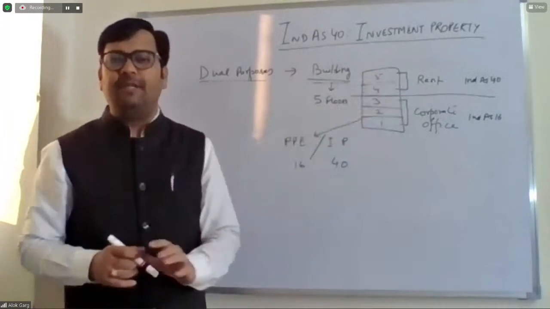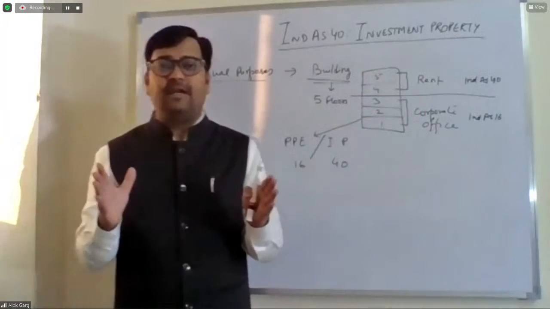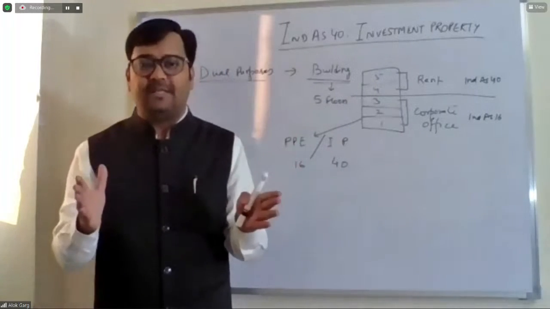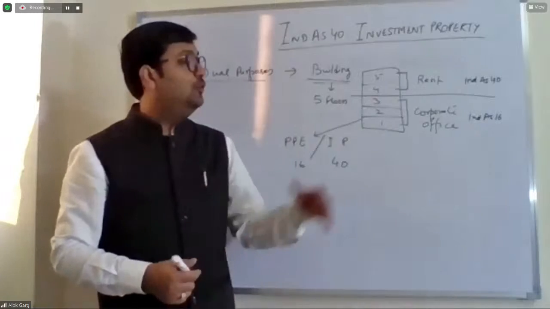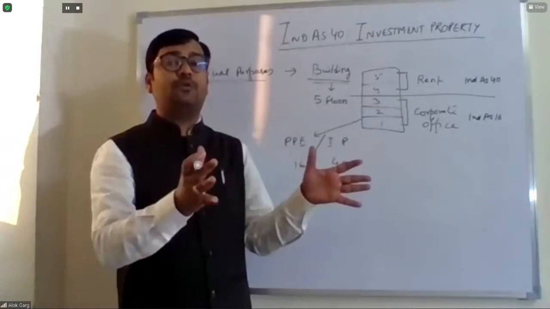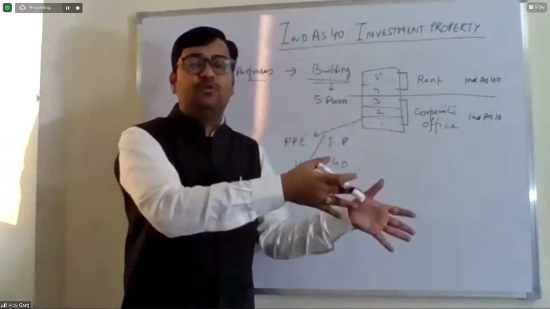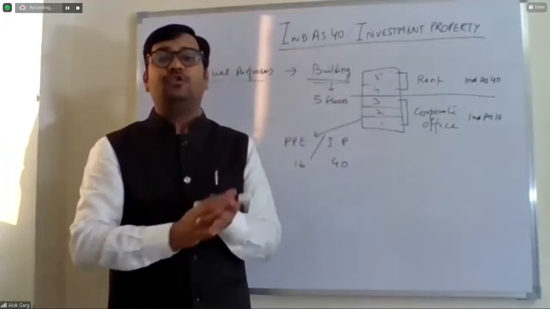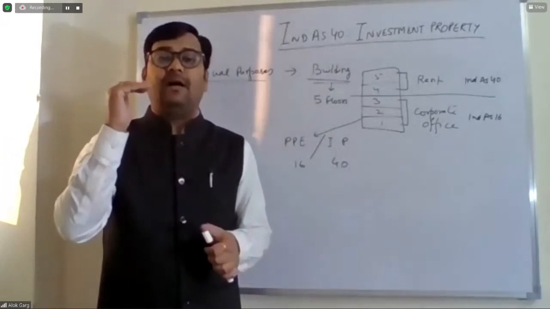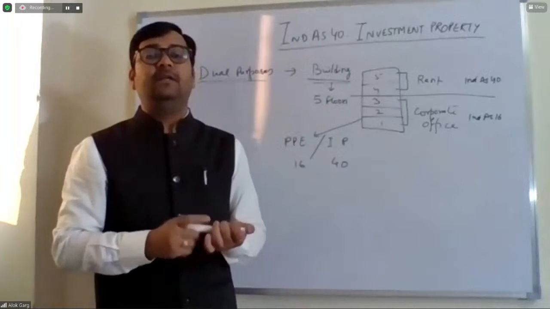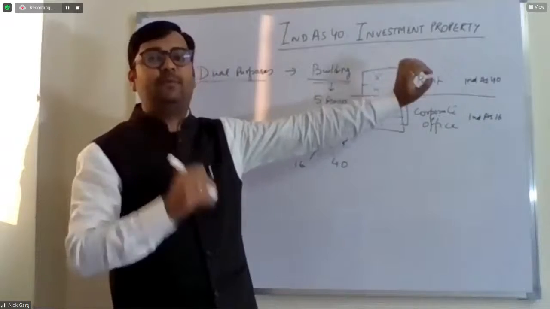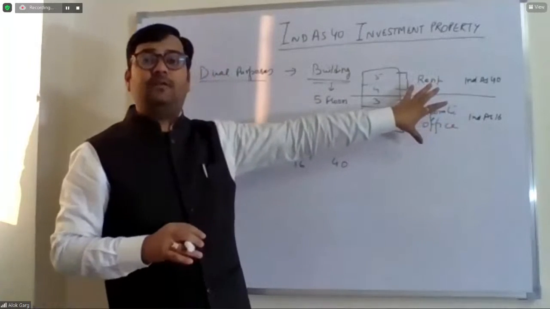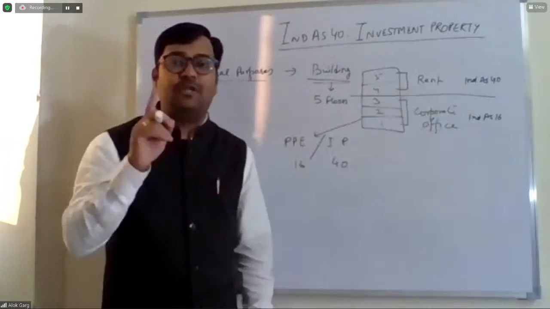Okay. What does it mean? First of all, you need to understand, if the company is using a land and building for dual purposes, dual purposes means the company is using it for business as well as for rent. So what is the underlying principle? The underlying principle is that whatever portion is used for rent has to be shown as an investment property, and whatever portion is used for business has to be shown as property, plant